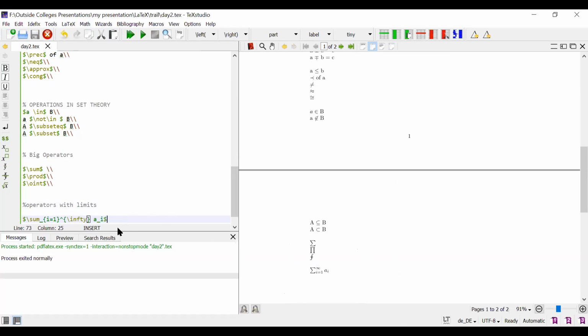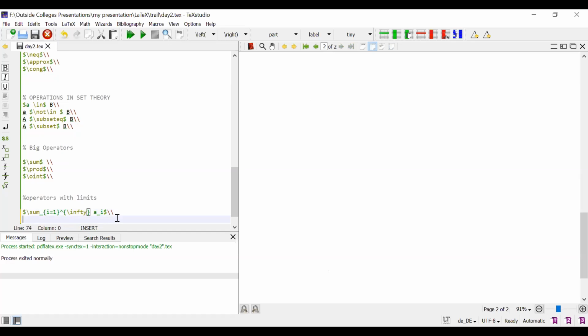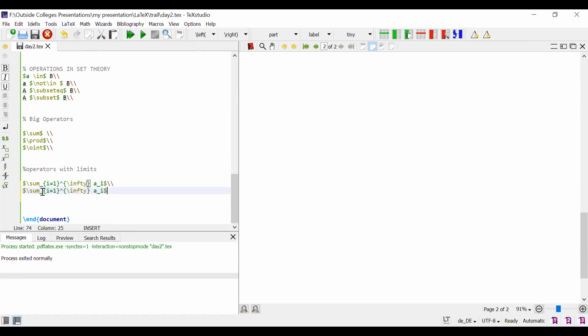Suppose I want to perform the same thing. Control C and Control V. Let me put one more brace.